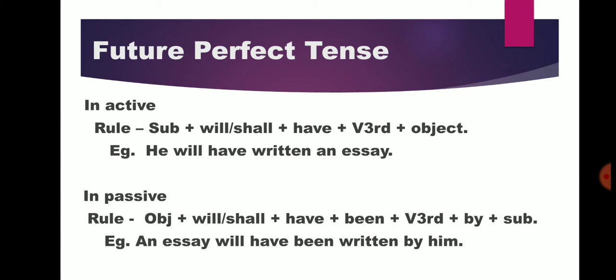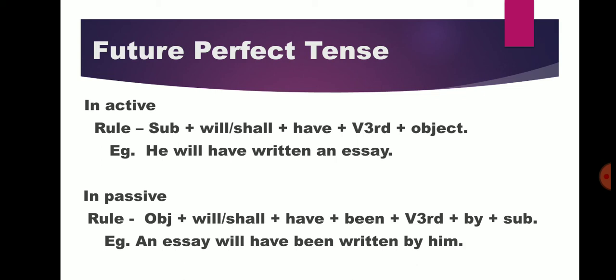When you observe all the slides, you can see that in every tense I have changed the sentence into passive voice by following the rules that I have mentioned in the second or third slide. So you have to learn all those rules: if you are going to change any sentence into passive voice, first of all the subject of active voice will become the object of passive voice, and the object of active voice will become the subject of passive voice.